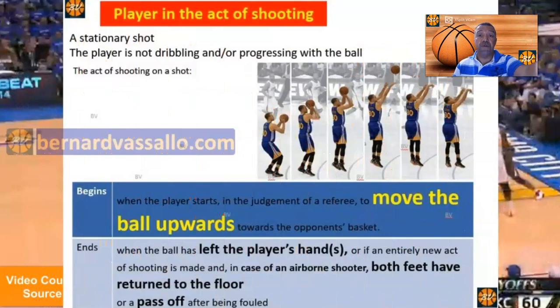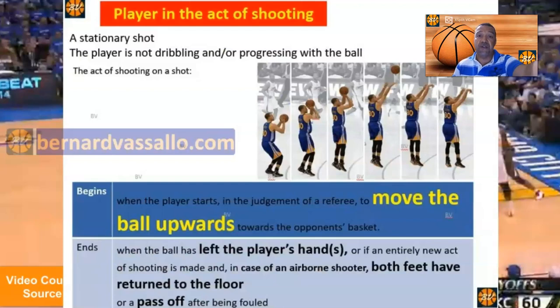As probably most of you are aware, in the FIBA rule changes which come into effect on 1st October 2020, now there are different definitions for, on one side, what is termed as a shot, like for example a stationary shot or a jump shot, and another definition for what is termed as a continuous movement. Therefore, the act of shooting now has been defined differently for a normal shot and, on the other side, a shot during the continuous movement.